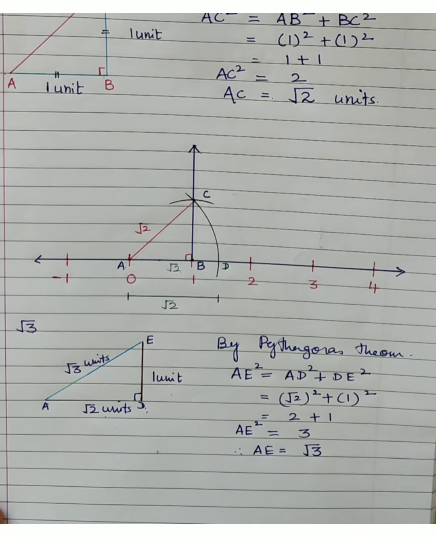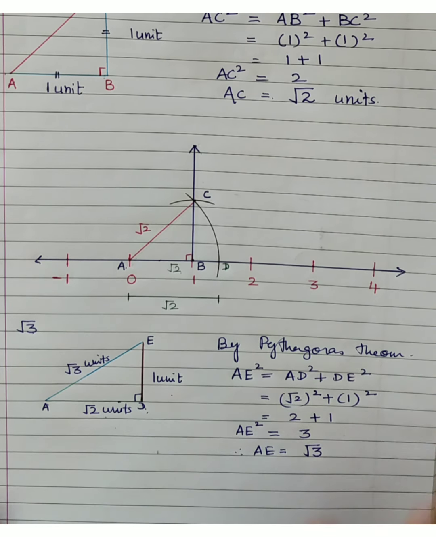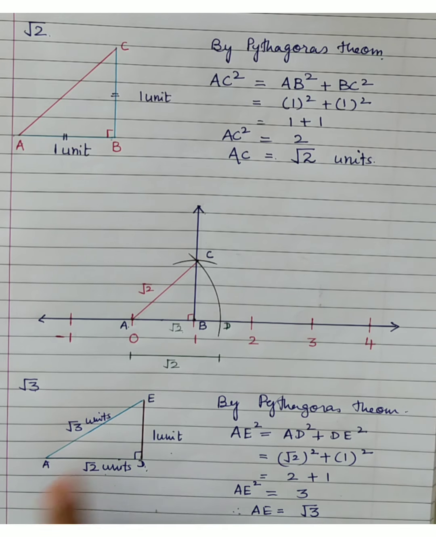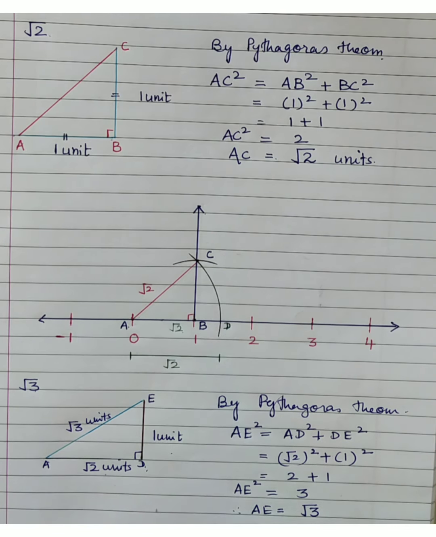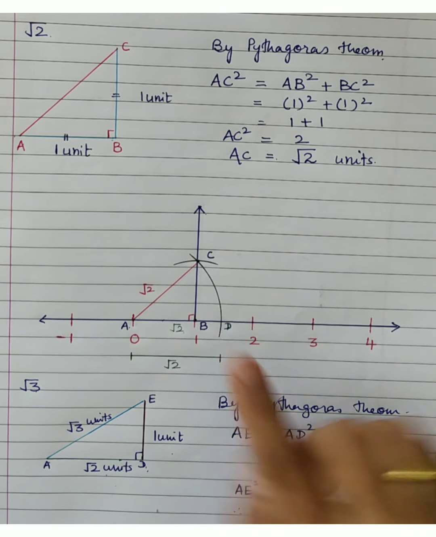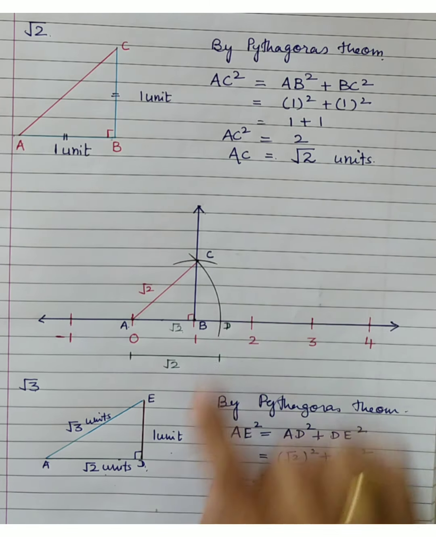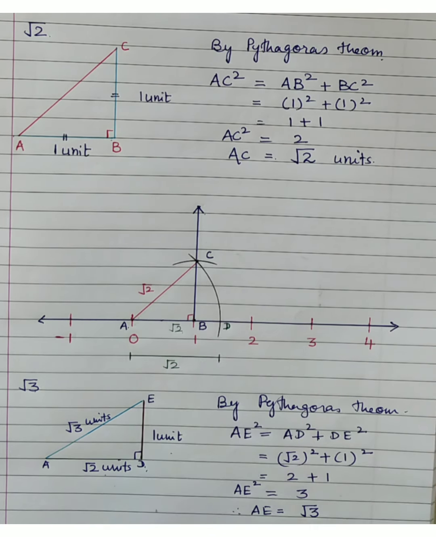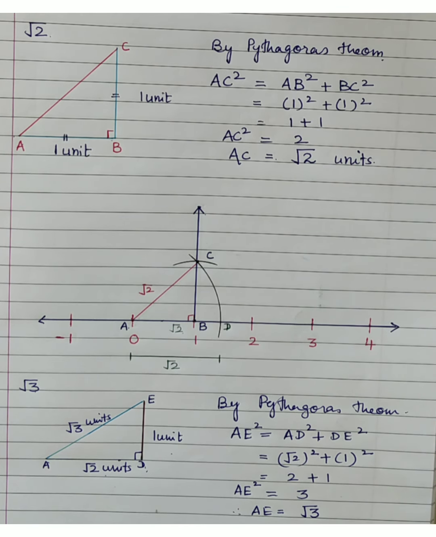So how to show it on the number line? One thing is very clear, you must have understood that if you have to represent root 3, compulsorily you will have to plot root 2 on the number line. How to plot root 2 on the number line? Just now we have seen. I will use the same construction here again. Root 2 is already available here, right? So taking OD as a base, if I could construct a right angle triangle with the length DE, which is perpendicular on AD over here, of 1 unit length, then the hypotenuse so obtained, AE, will also be of length under root 3 units.